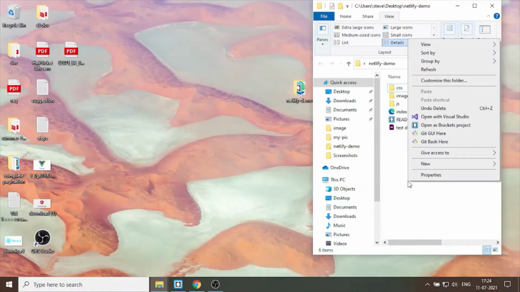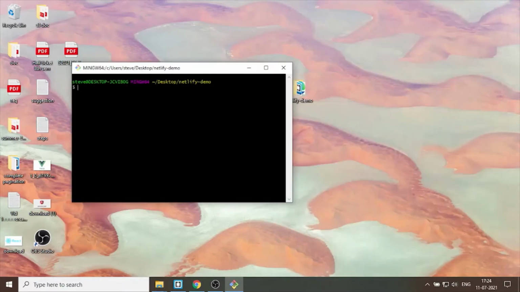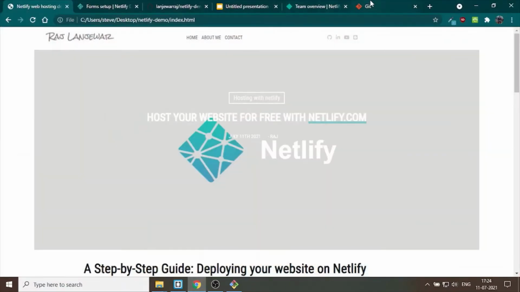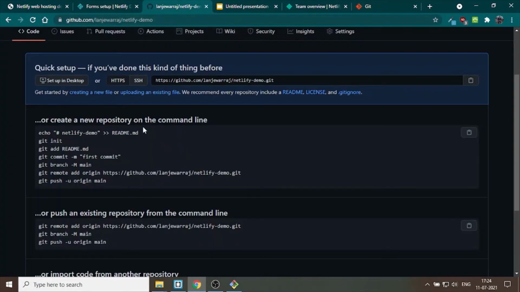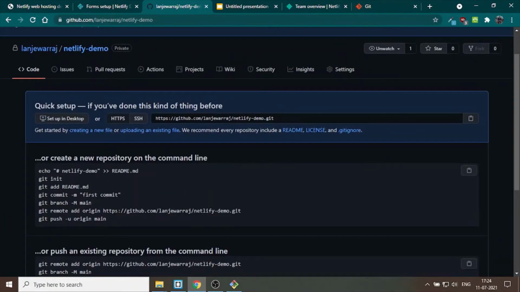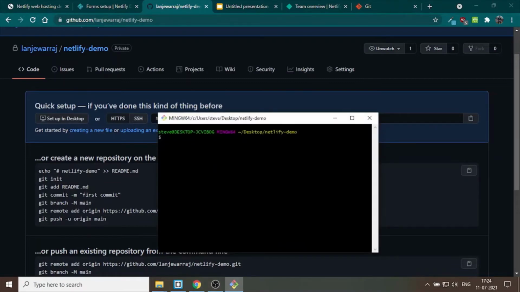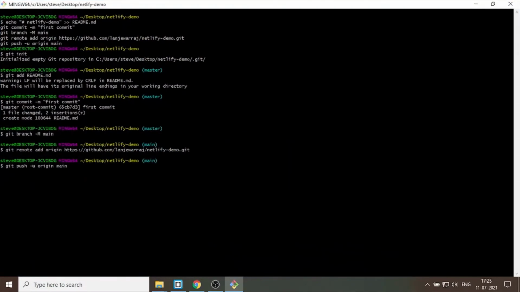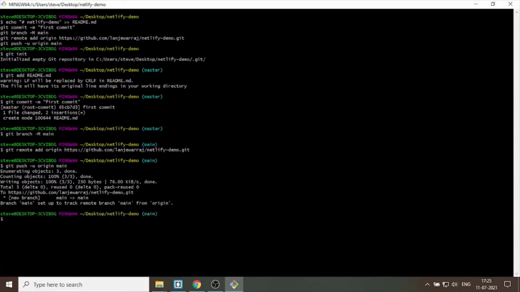When you have completely installed Git on your system, you have this. As you can see, I am currently in Git Bash. I go again to this page where I need to type these commands into the terminal. I copy this, and here you need to paste. If you paste all the commands, you have this. The command is automatically executed. There are some basic git commands that you need to follow.